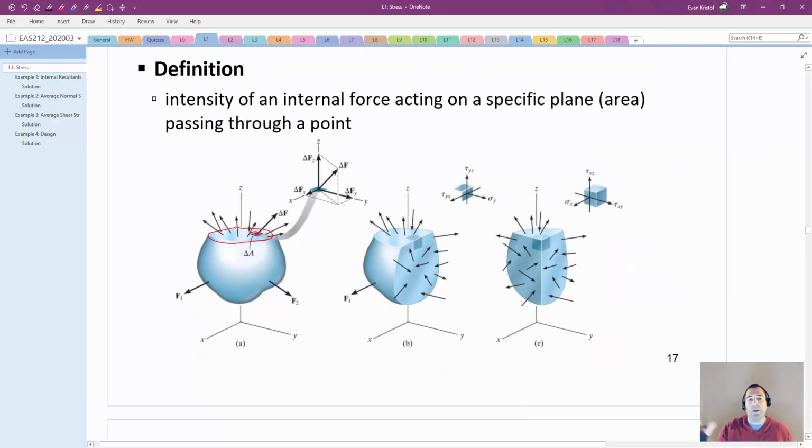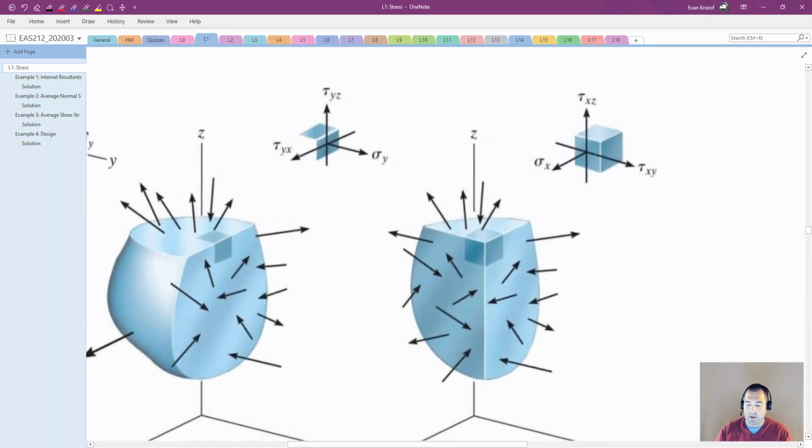We're trying to figure out, as we look at a smaller and smaller area, the amount of force associated with it approaches zero because there's not as much area to collect any load, and the area is getting smaller as well. So this becomes a limit where the area gets differentially small, which is what you're going to see on the next slide. The other thing that I want to point out from this slide is that we can think